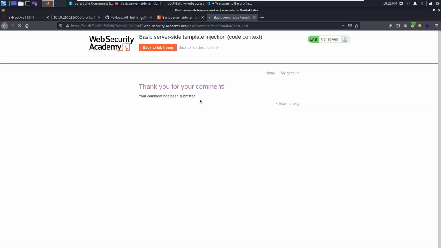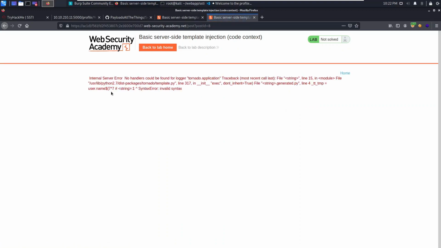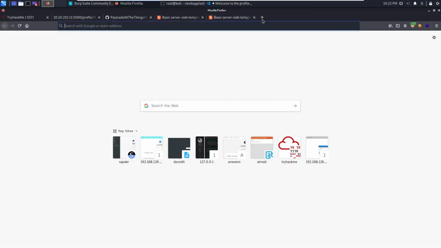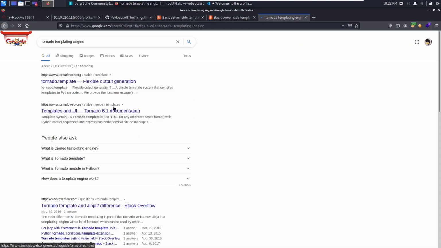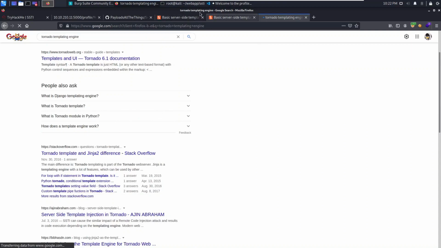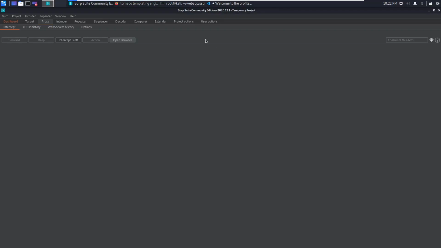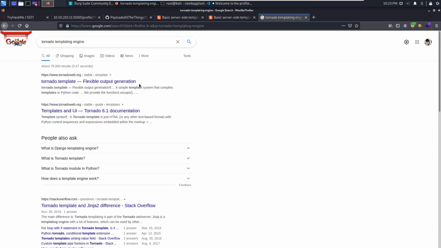and then we try and view the post, we get an error message. Error messages are always very helpful because we can find maybe what's running on the back end and maybe if we broke something. So here we find that Tornado is running on the back end under Python 2 dist Tornado. So if we go and research the Tornado templating engine, we find that it is a templating engine, right? So if we put something else there, like maybe single quotes or some other characters that broke it, and we just Google Tornado Python 2, we'd find it as a templating engine, and then we'd probably want to test for